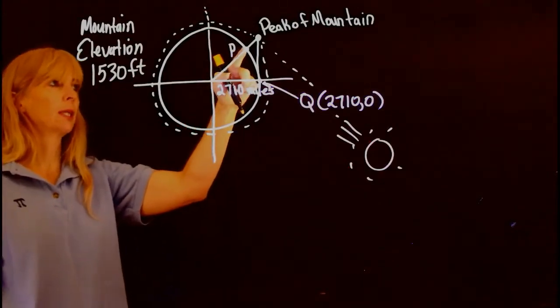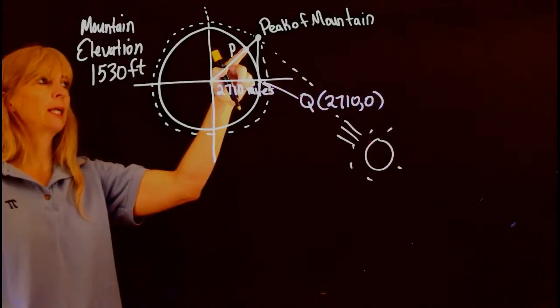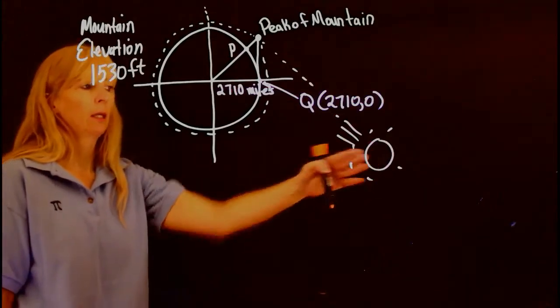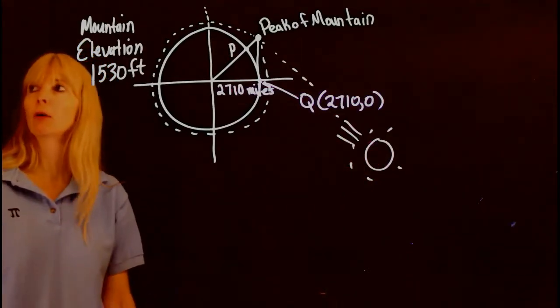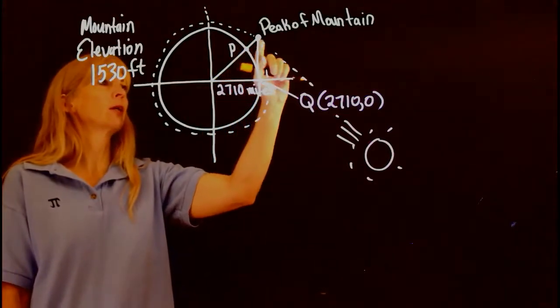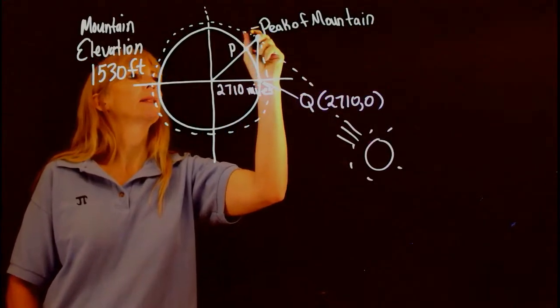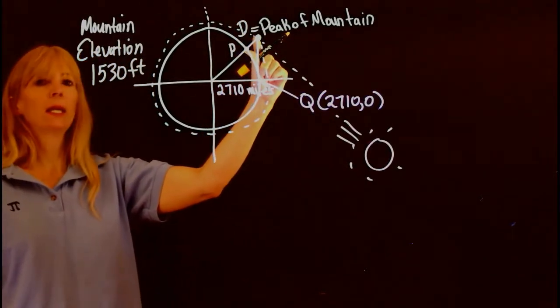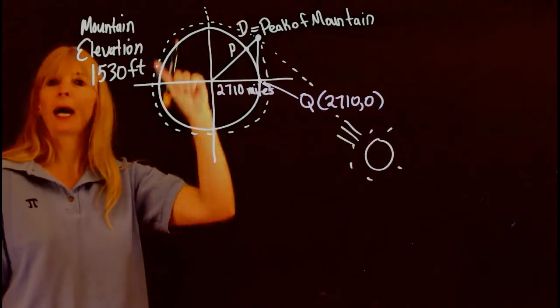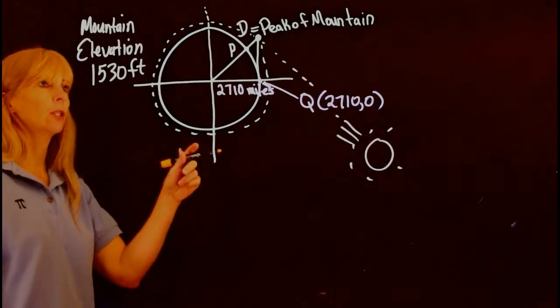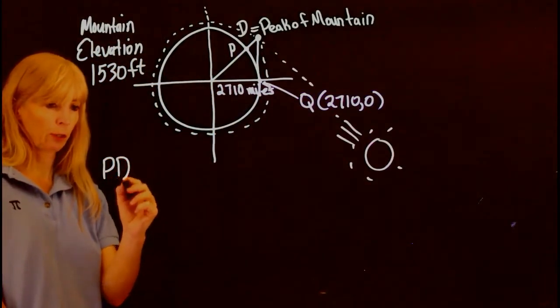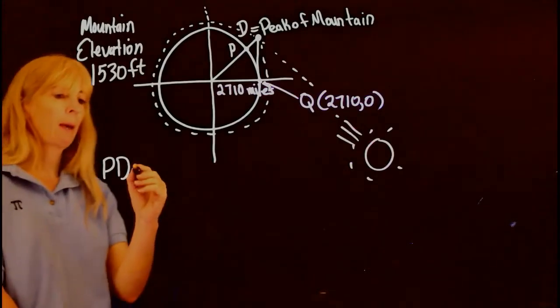So if this is a person, basically what we're going to see is how long, as the Earth is rotating, before that person would actually see the rays of the sun. So how much longer afterwards? Well, the first thing we need to figure out, and let's say that this is D, is if I know this is the radius, I need that little piece right there to be able to do this outer circle. So I can do that by finding this PD piece by